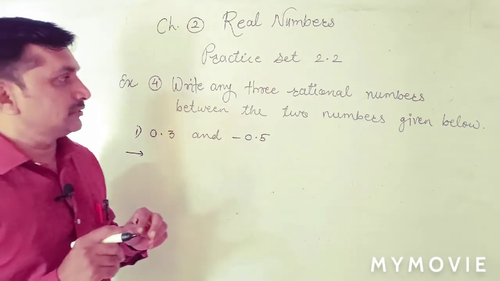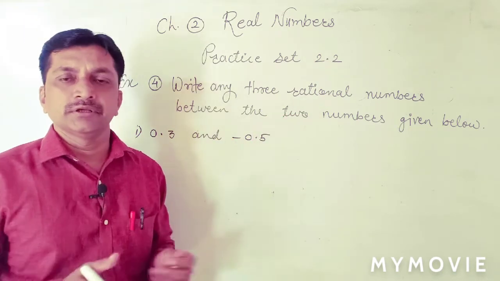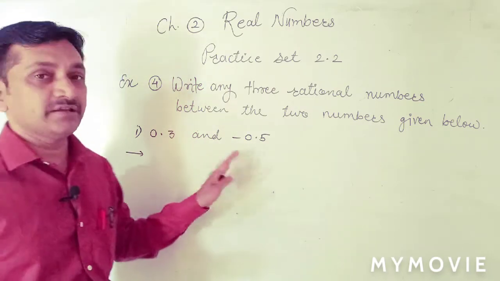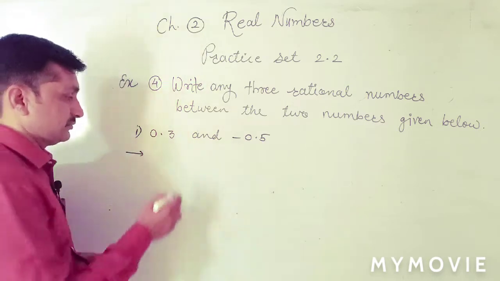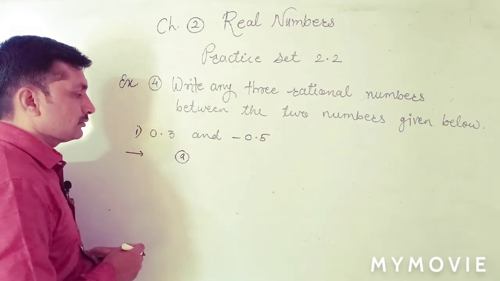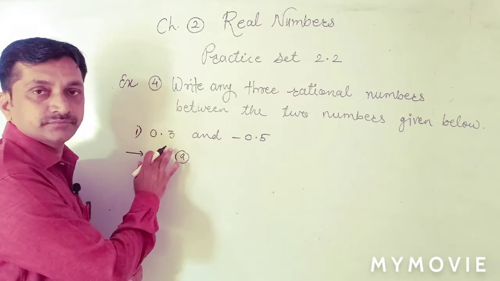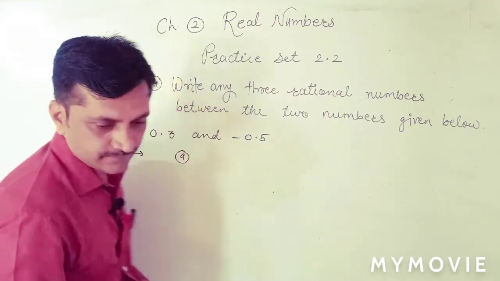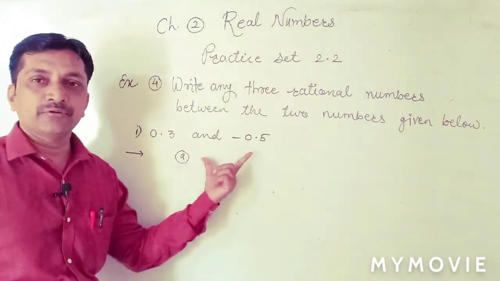If you want any number, here it is given any 3, we can find any 4, 5, 6, whatever number is given. What we have to do, we have to just find their average. Average of these 2 numbers. Let's see one by one. First, now A. 3 numbers we will find. Find out average of this. First number. Now 0.3. Find average of these 2 numbers.